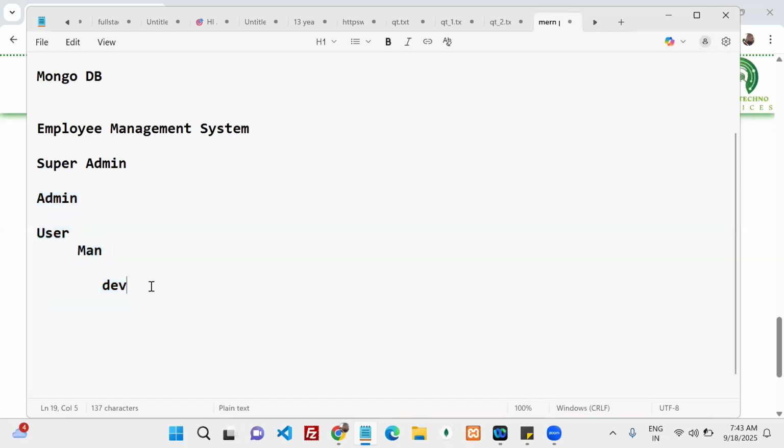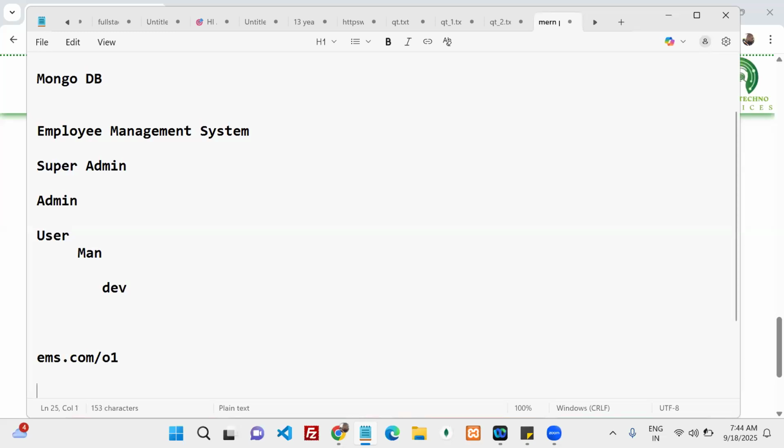White labeling is nothing but, for example, my application is like uijavakit.com, or an employee management system, ems.com. Here white labeling means I can give emp dot organization one, something like this. This is my domain. After that, I can say organization one. This is one way I can give it.